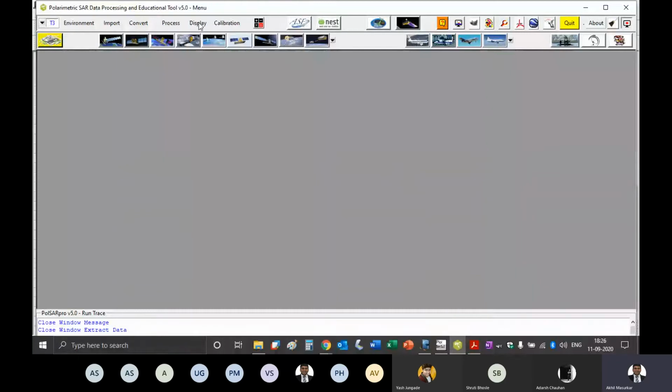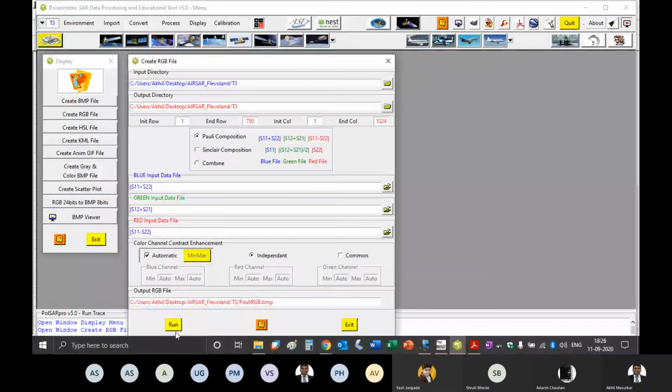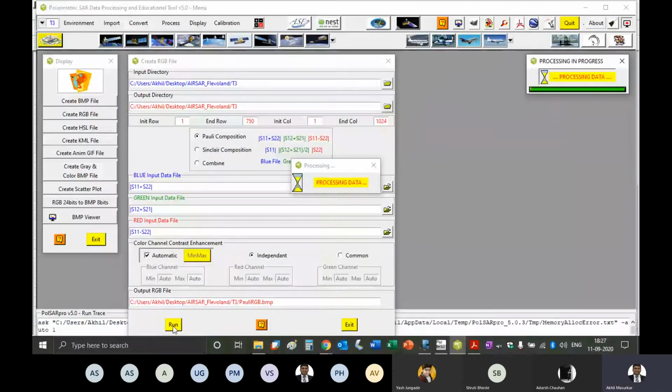Now you can go to display and just say create RGB file, and then we say poly, and then just say run. Okay, so the RGB should be ready.